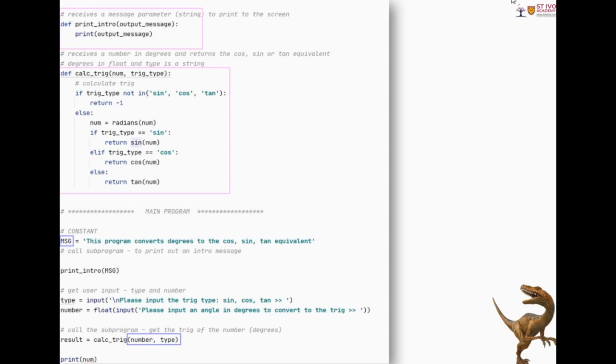So let's follow the process of what happens when global variables are used to feed the parameters of subprograms within the main code. So let's take our constant first of all, MSG. Our constant is passed initially, or it's set as one of the parameters, or the only parameter in this case, of our subprogram print intro. So what then happens is that the value of MSG, which is a global variable, is copied to